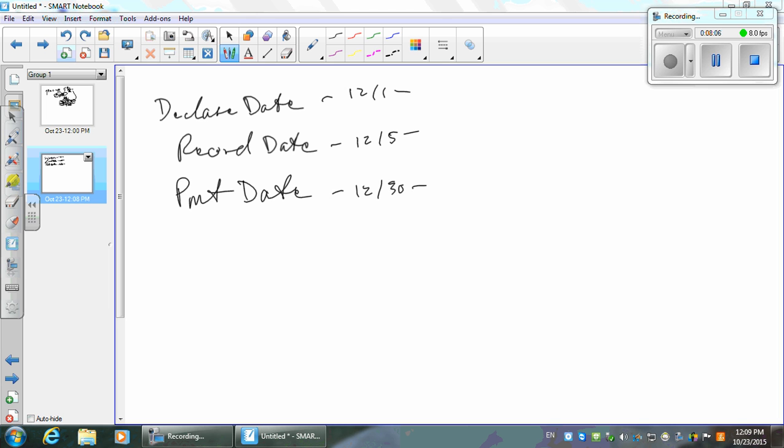Now, why do we do this? There are 3 million shareholders, or there are even 3,000 shareholders. I don't know who they are on the declaration date to write them a check. I have to figure out who they are. So I'm going to get the whole list of them, and I'll do that as of the record date. Got it? And then I'll send all those people the check on December 30th, and it gives me time between those dates to get the checks processed and to send them out. Got the idea? Okay, pay everybody. That's all it is. It's just not a big deal. It just makes sense. Okay?